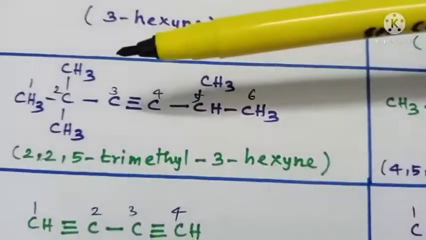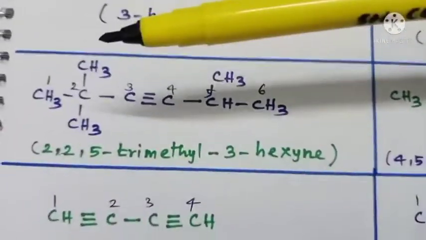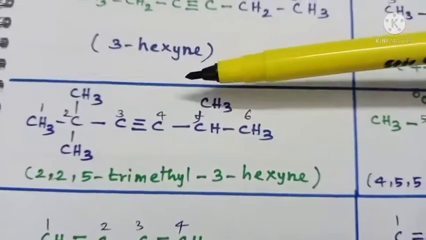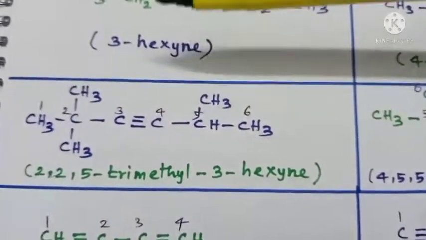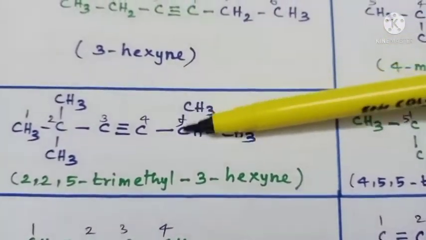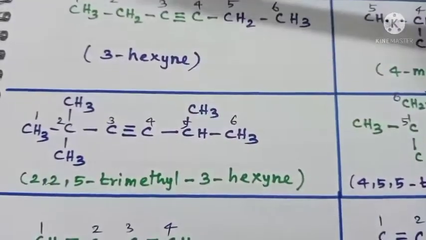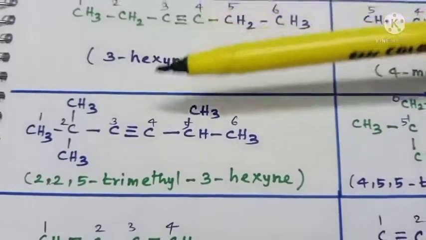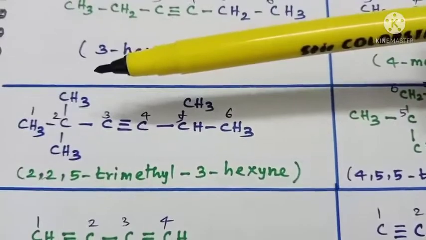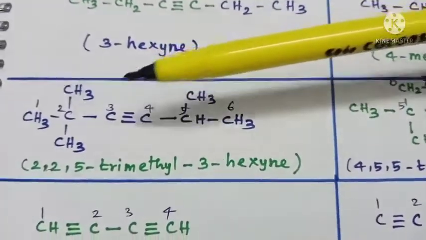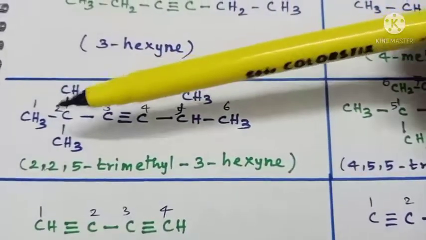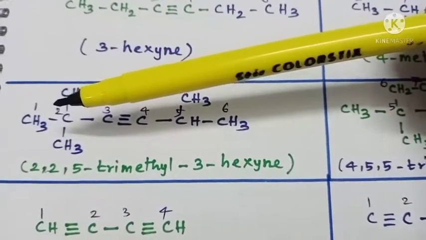Okay, right. So next one. Yeah, highly branched, isn't it? There are 3 methyl groups in the branches. 2 in the upper side, then 1 in the lower side, isn't it? Right. Probably this is an isopropyl group, this is a tertiary butyl group, isn't it? Tertiary butyl isopropyl acetylene can be the common name of this derivative. Right, now we go for the IUPAC name. Let us discuss mainly the IUPAC name.